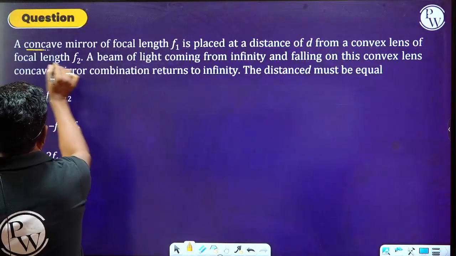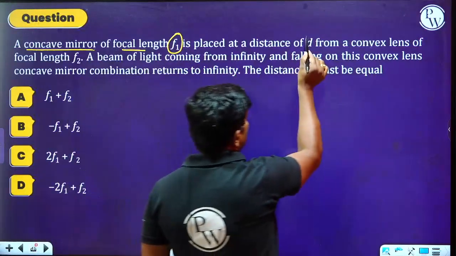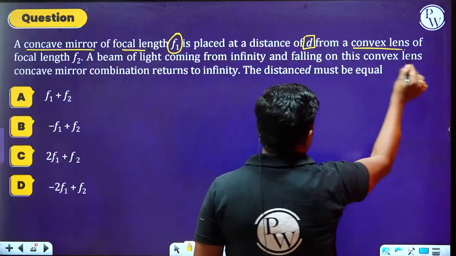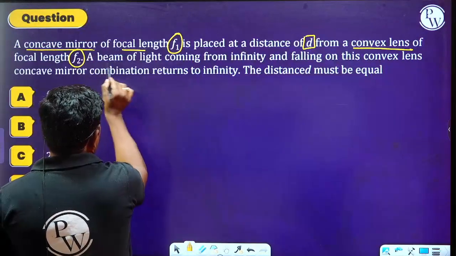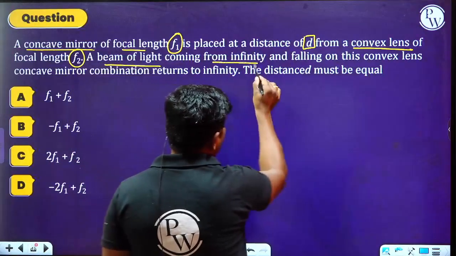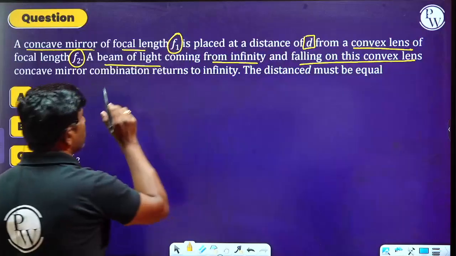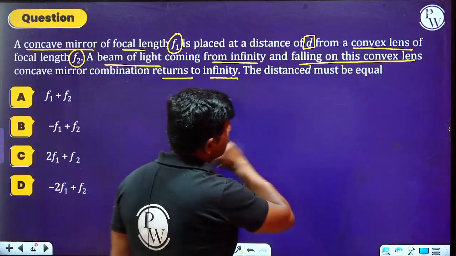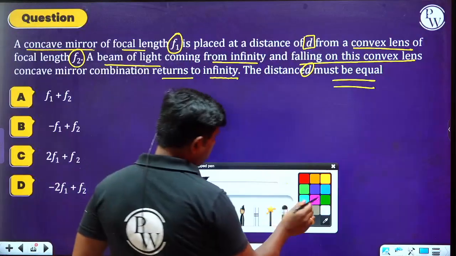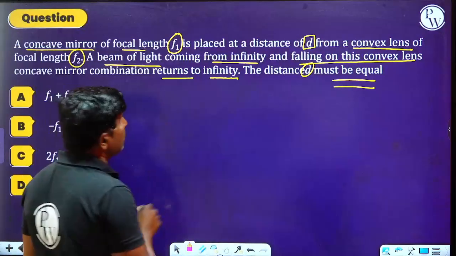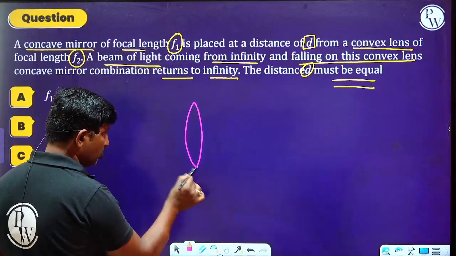A concave mirror of focal length F1 is placed at a distance of D from a convex lens of focal length F2. A beam of light coming from infinity and falling on this convex lens and concave mirror combination returns to infinity. The distance D must be equal to... Please observe the question carefully. There is a combination of lens